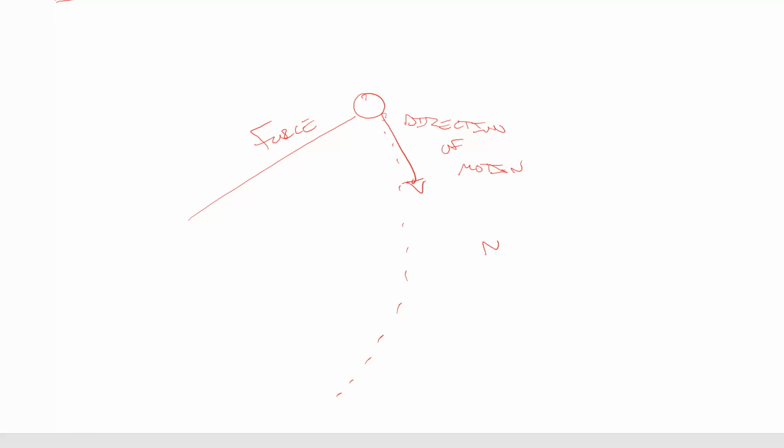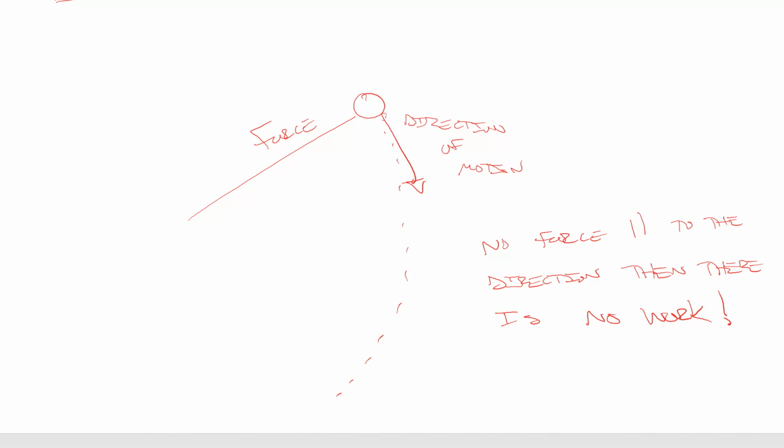So there is no force that is parallel to the direction of motion. And if there's no force parallel to the direction of motion, then there is no work. So anytime something's moving in a circle, what is the total work done on it? It will always be